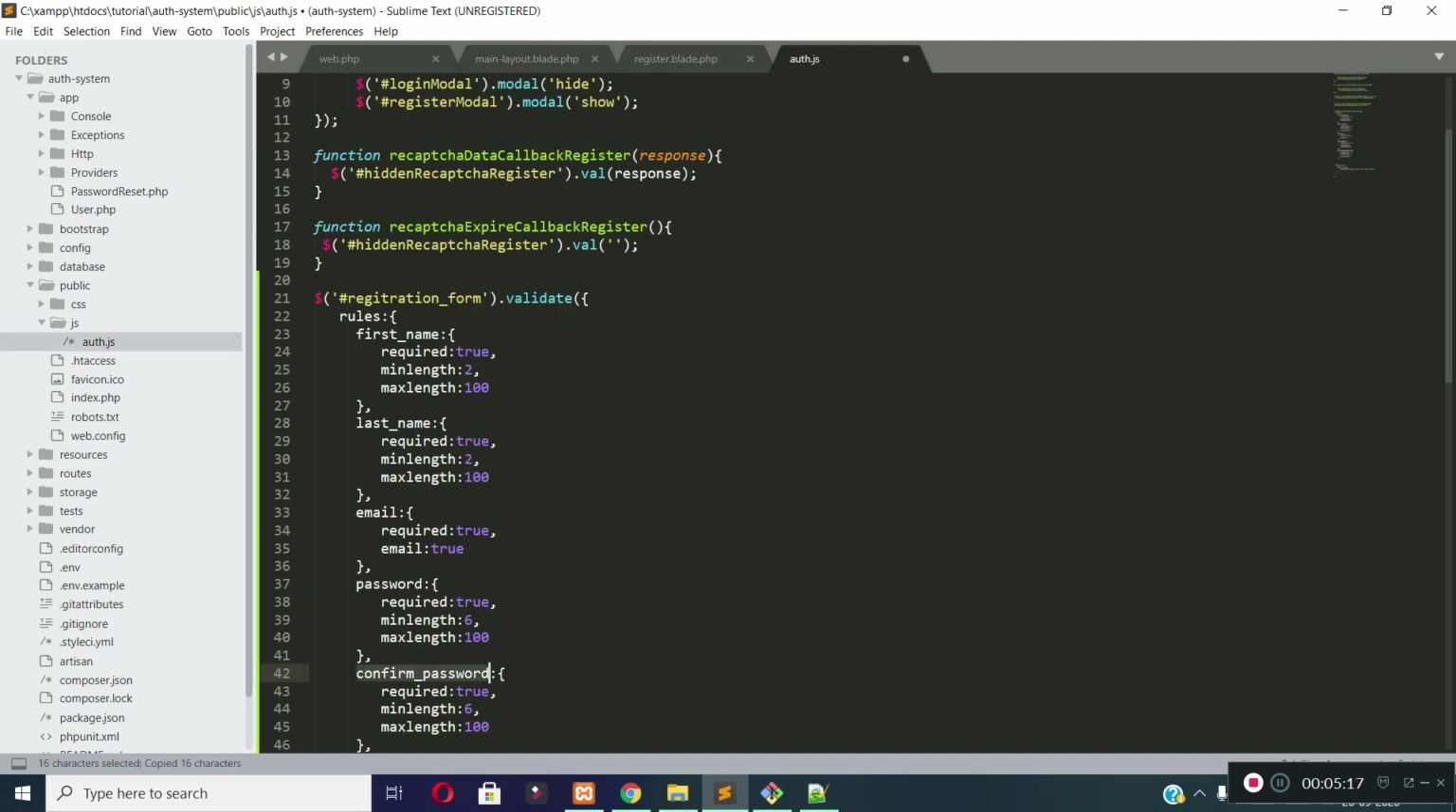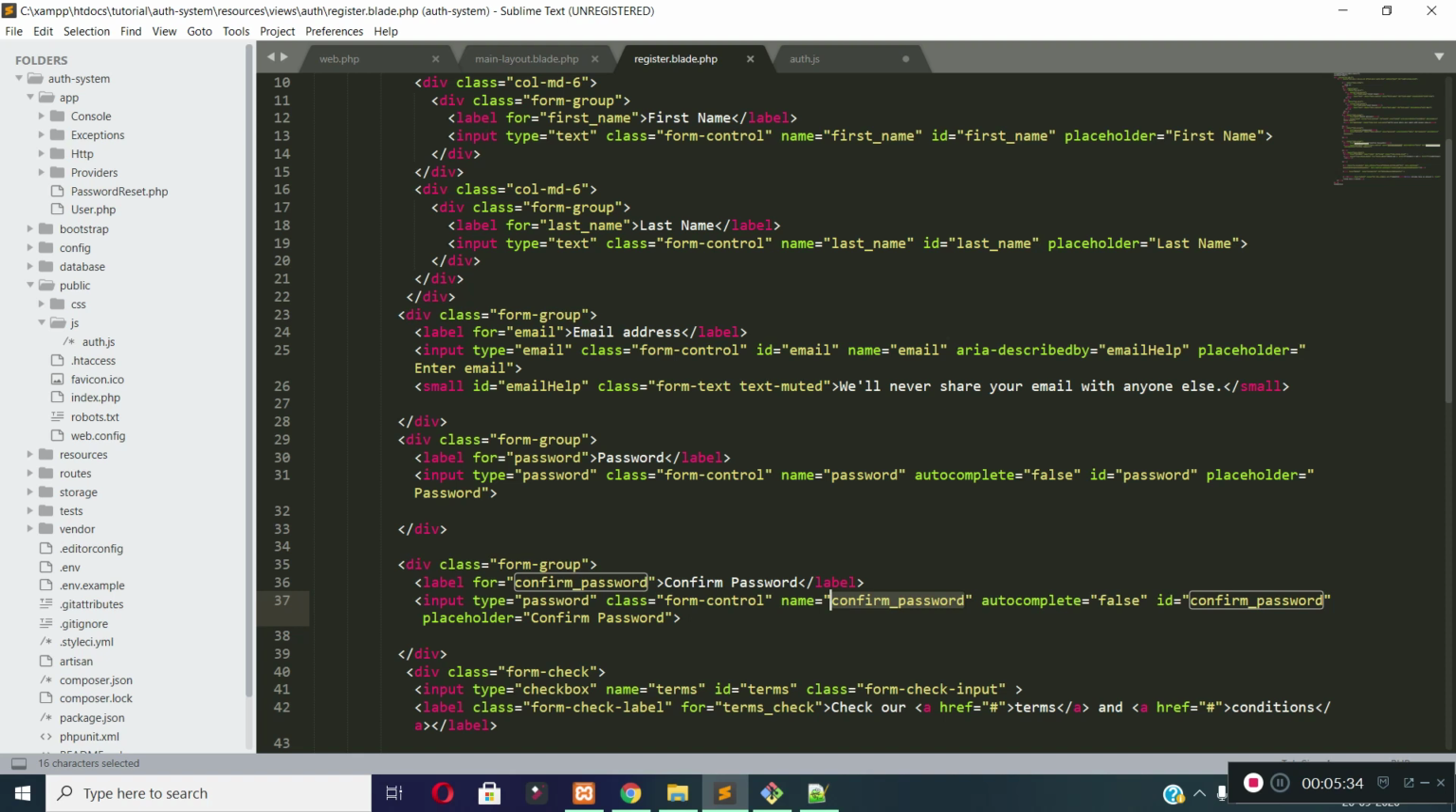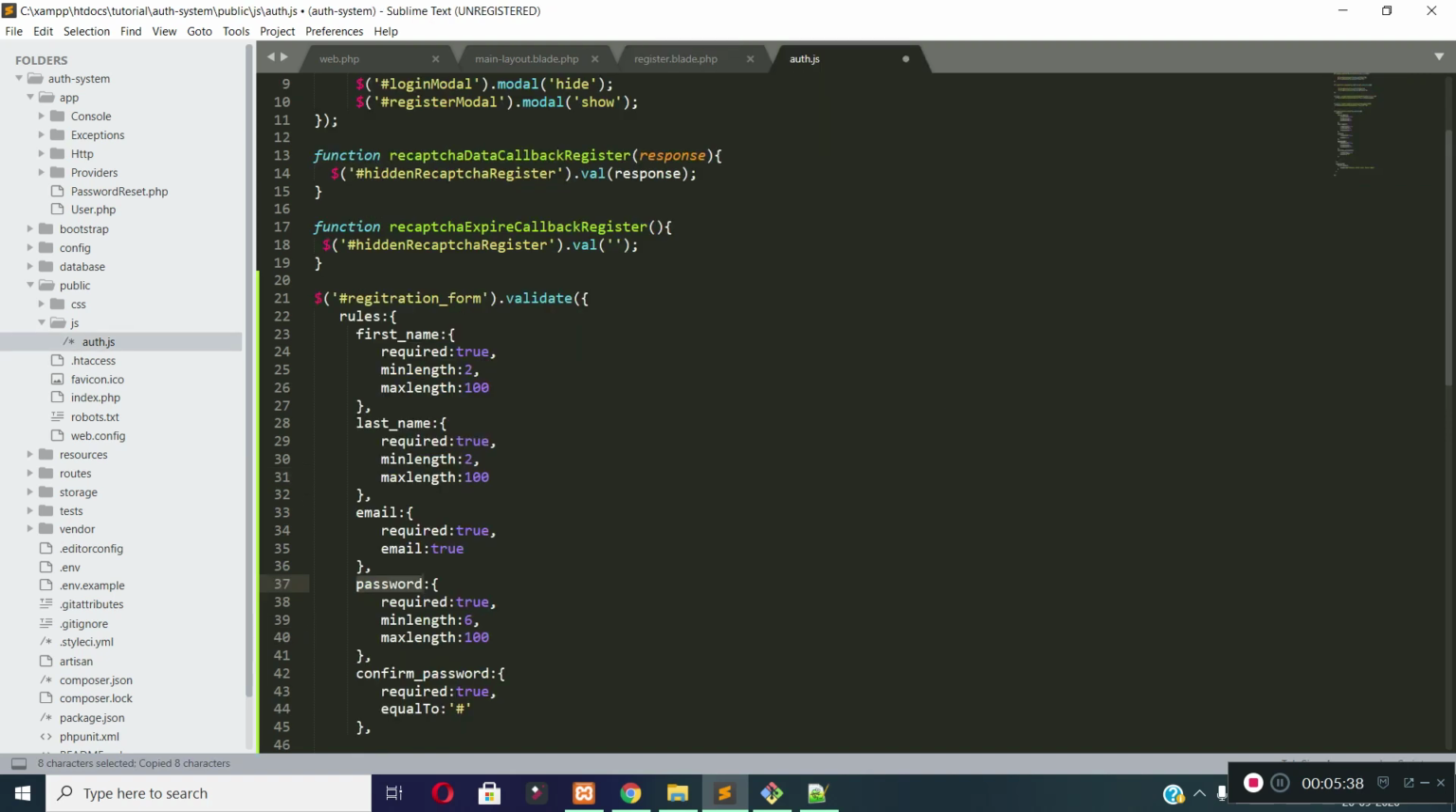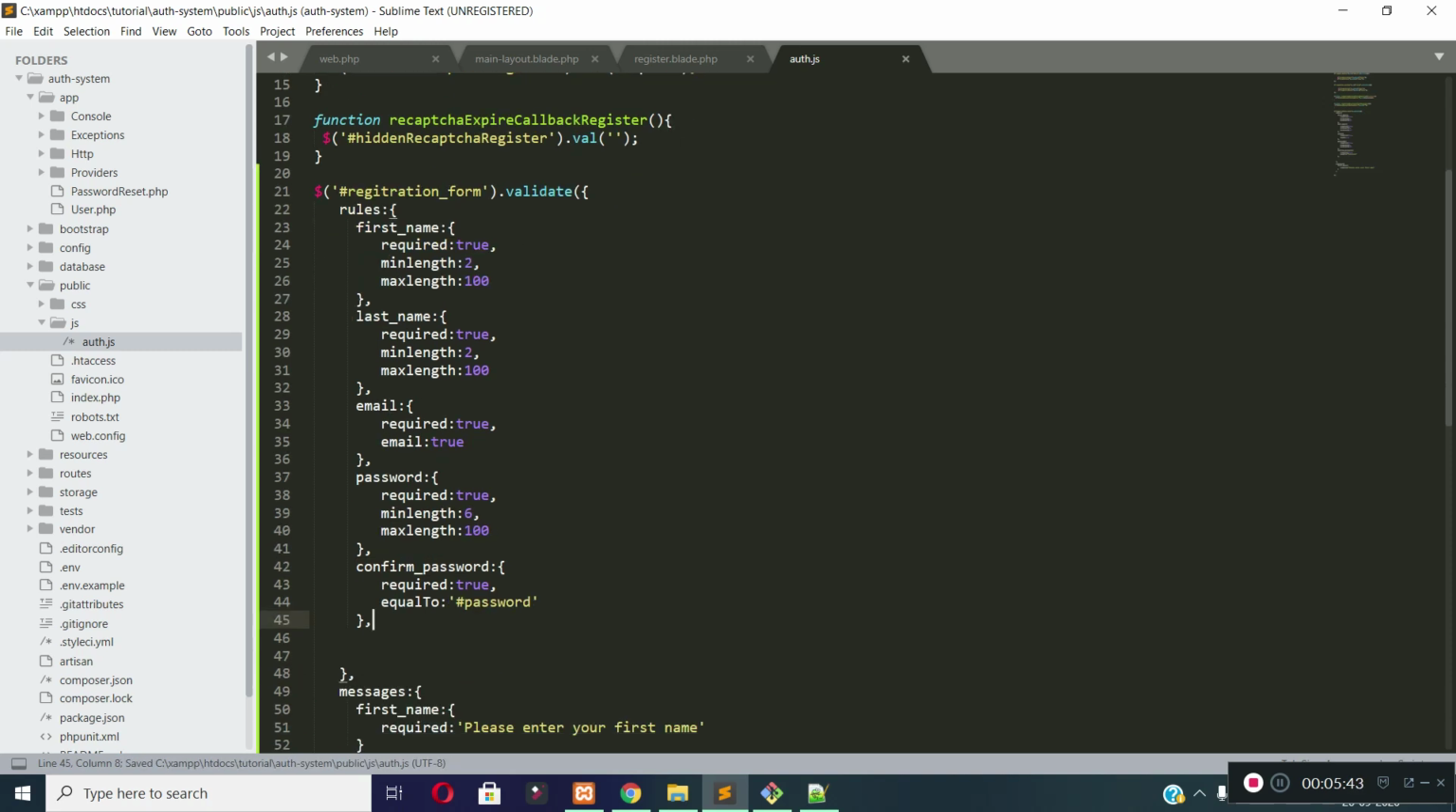and the confirm password field should be required, and it should be equal to our email field. Sorry, it should be equal to our password field. So I need to pass equal to, and then I need to pass the ID of our password field. The ID of our password field is password, so let's pass hash password here,